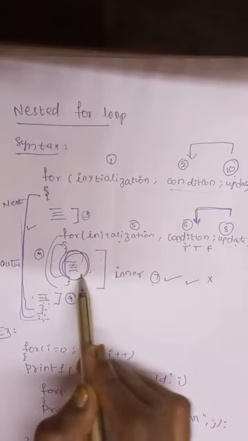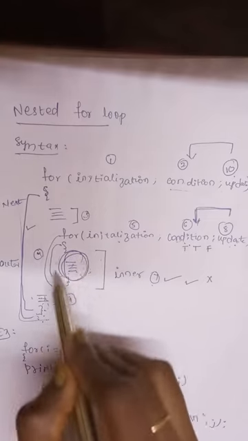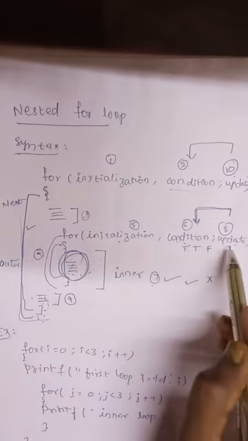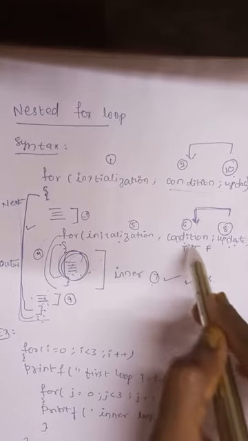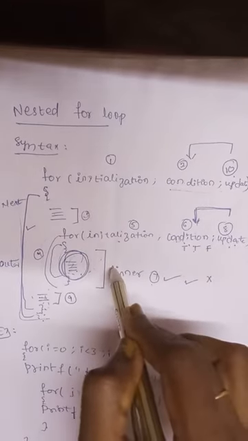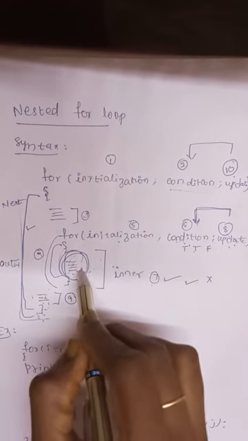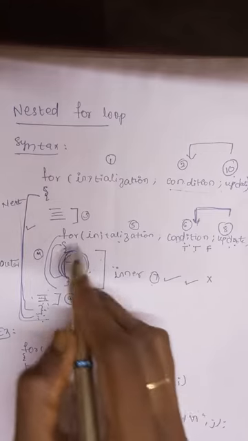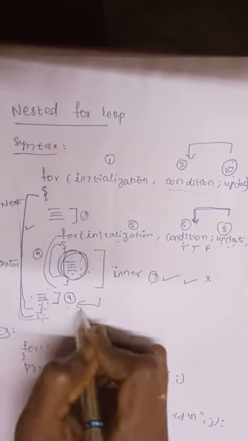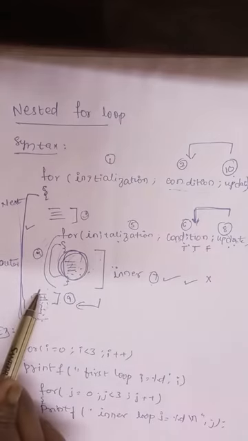Now after executing, the update will be done here, and we are entering into the inner for loop. The inner for loop value is updated and tested again. If the condition is true, the inner block executes. If the condition is false, control will not enter the inner block; it just comes out of the inner for loop. That means control comes to this 9th position, so these block of statements are executed.